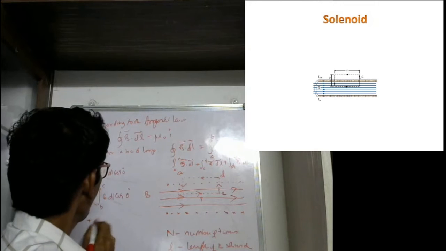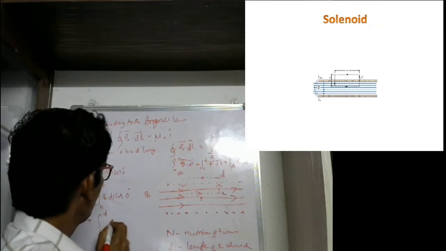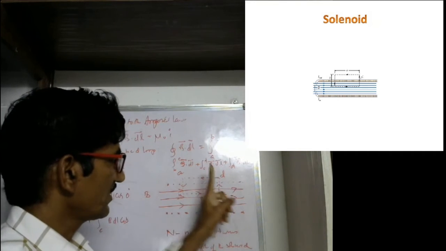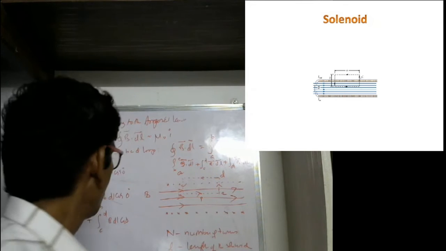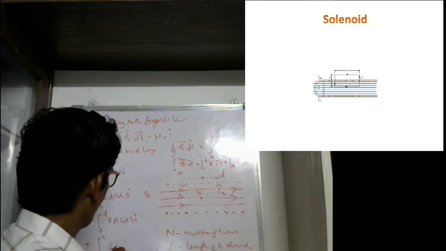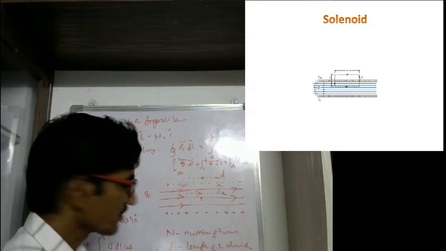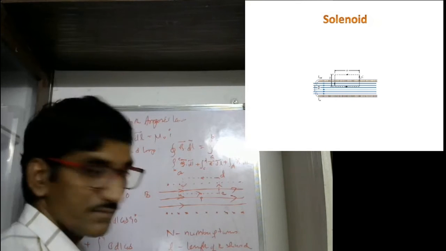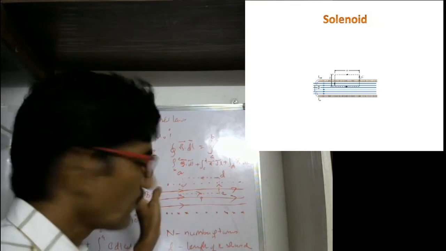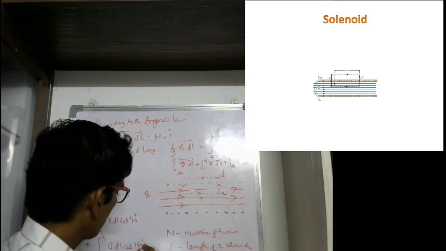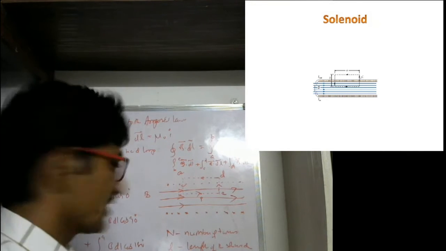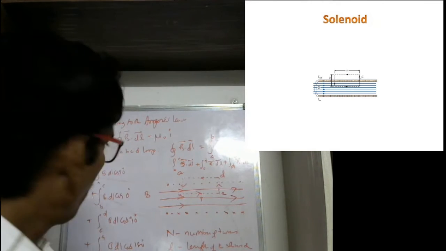Next, C to D, B dl. You see, this is the B direction, this is the dl direction. Both are perpendicular, that's why here you have 90 degrees. Plus, next D to A, B dl cos, how much? 180 or 0. But here, one thing you have to know, this one is 0.